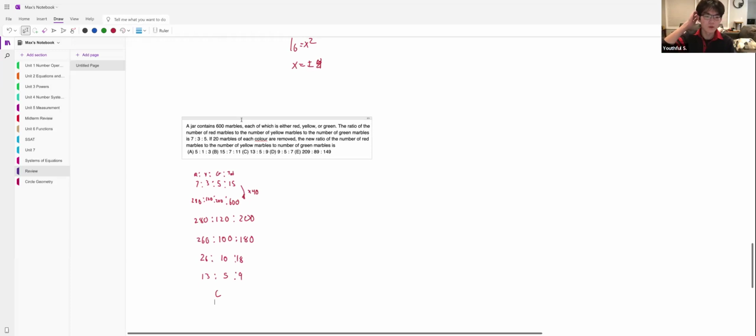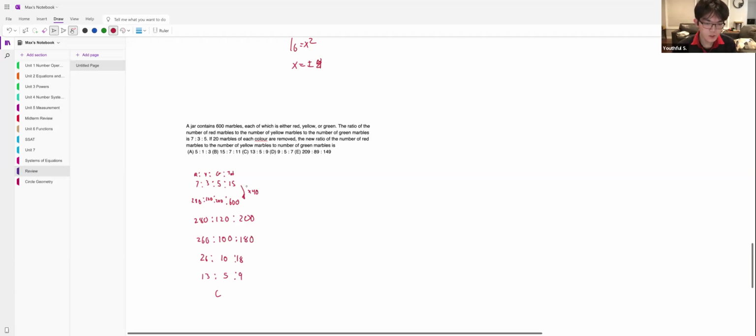Okay. So 600 marbles. We have red, yellow, green. So then the ratio between red to yellow to green is 7 to 3 to 5. You have a total of 15 marbles if you have that ratio, 7 plus 3 plus 5, right? So then you have a total of 600 marbles, right? The ratio says you have a total of 15, but in actuality you have 600, if that makes sense,